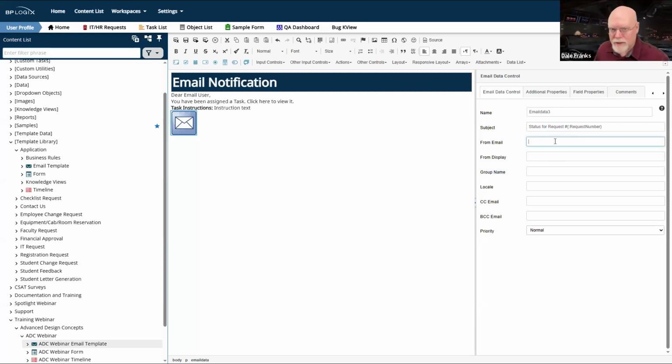Usually you don't do this. In your installation settings, you actually have a default notification email address. So if you don't fill out your from email, then it doesn't matter. You've already got one set in installation settings. It's the standard default from email that gets set. And that's the from address that gets used for every email that gets sent. But you can override that.